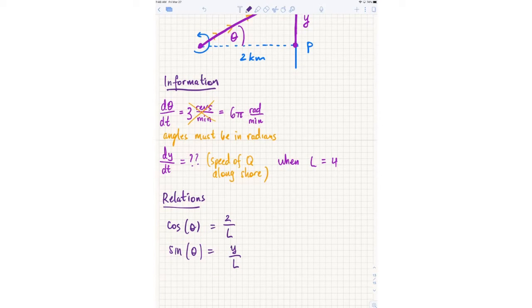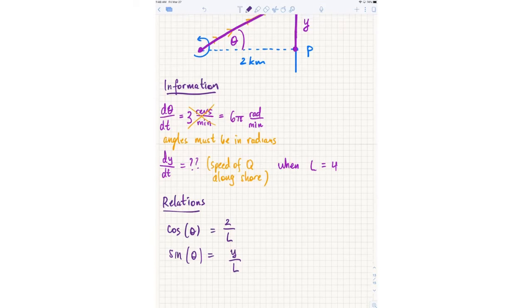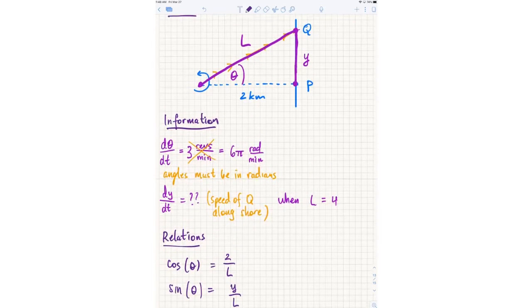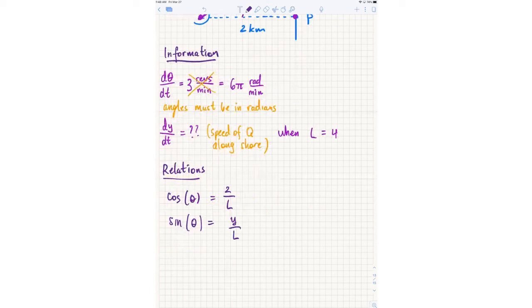One of the issues here is, which relation do you actually want to choose? Notice that I am actually not given anything about dl dt. Technically, I can get dl dt from the rest of the problem, because there is a relationship between L and the other variables. But I would like to avoid L as much as possible, only because I don't know dl dt directly. So although cosine theta and sine theta are both correct, I'm actually going to use tangent theta